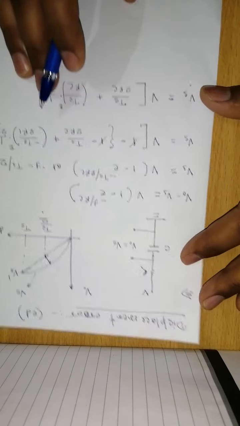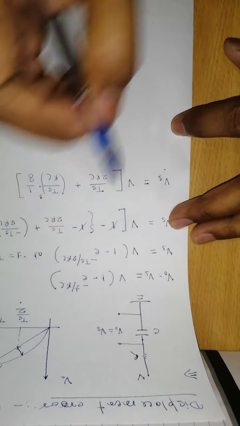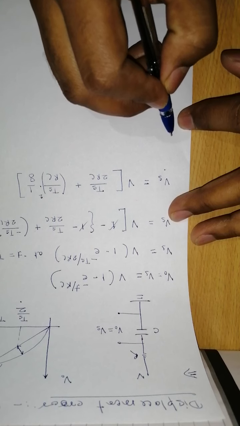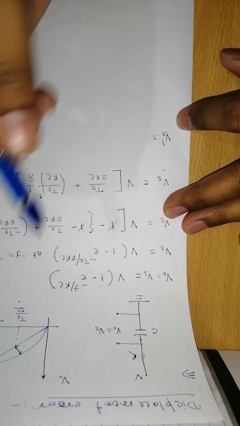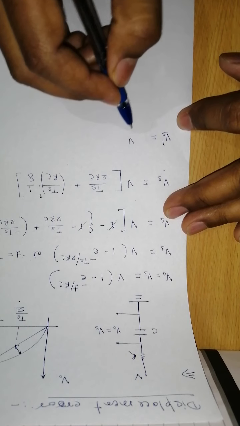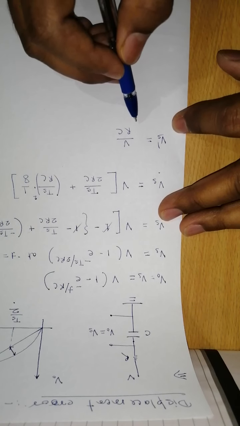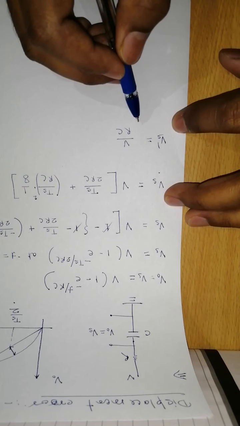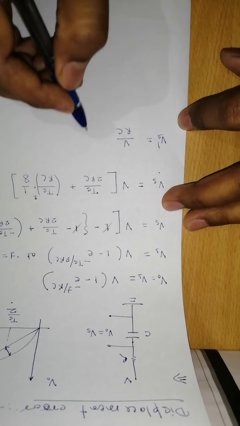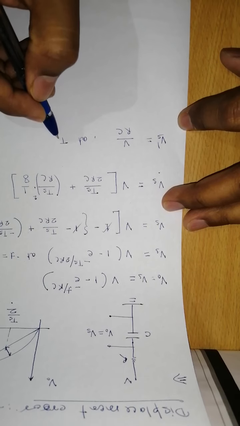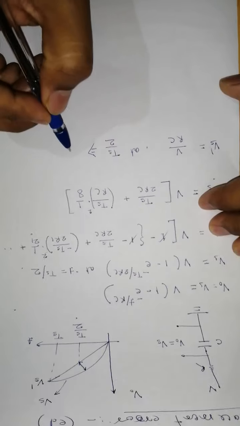So already we have done the analysis of this. Suppose this signal is Vs dash. The slope of this signal is given by V by RC. This thing already we have discussed while calculating the sweep error. And suppose I want to calculate the magnitude of Vs dash at Ts by 2, then what will be the magnitude of Vs dash?